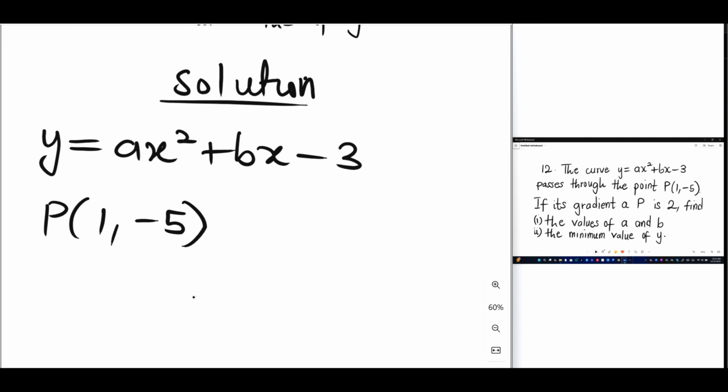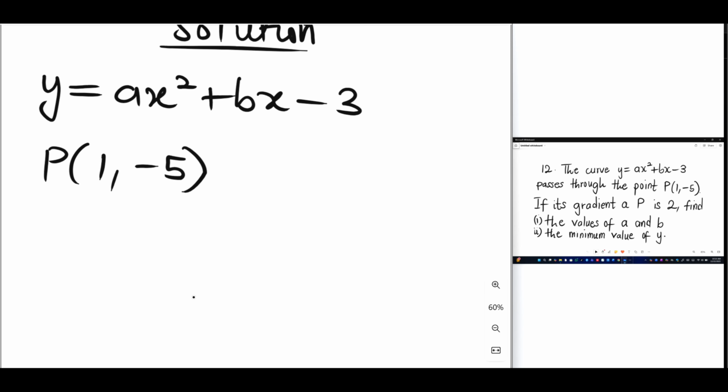Since the curve passes through the point P, it implies that the x and y coordinates of P must satisfy the given curve. So we are going to plug in these values. Wherever you see x, you put 1, and wherever you see y, you put -5. So we have -5 in place of the y,